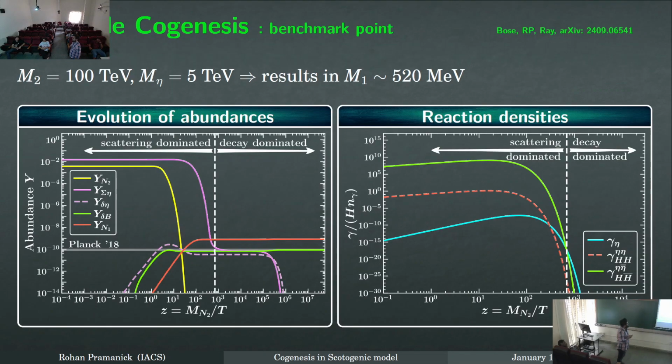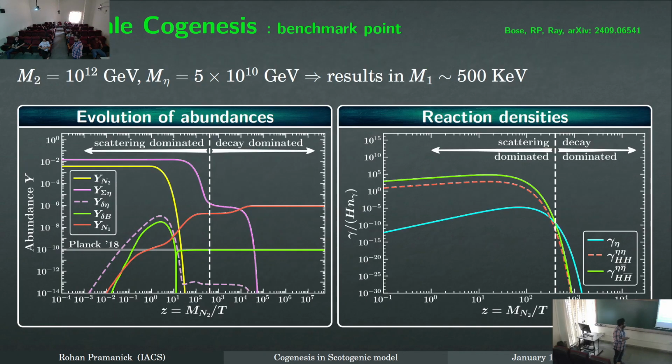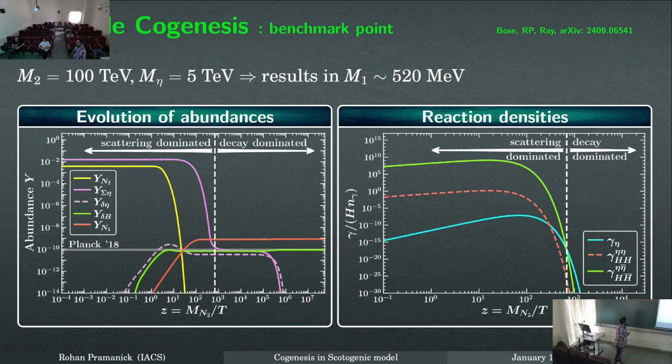Okay. So this is a high scale, and this is very before BBN, so it will not have any kind of effect. So there is no problem. Okay. And now if you tweak the numbers a little bit, you can eventually take this cogenesis scale to